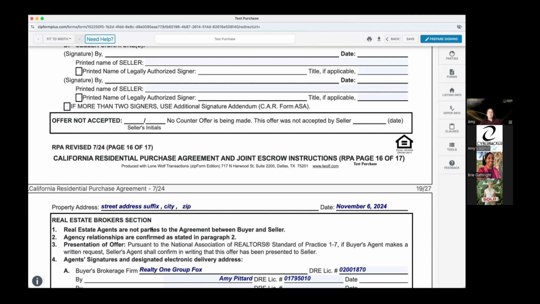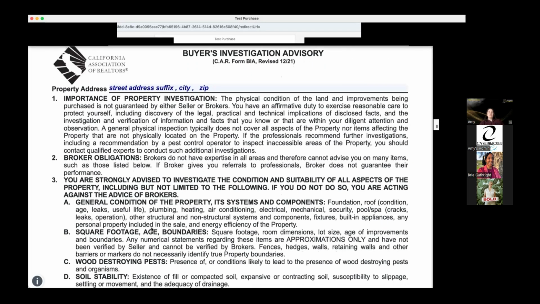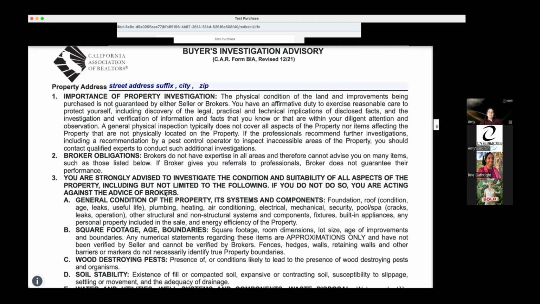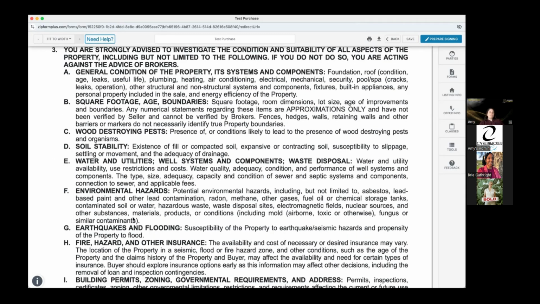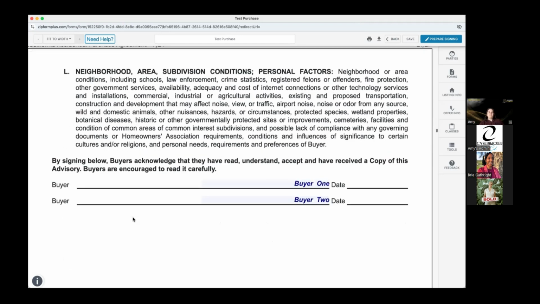All right, fabulous. The other forms that are attached are the buyer's investigation advisory, advising our buyers that they need to investigate the property. The brokers do not have expertise in all areas, so it's up to them to make sure that the property meets what they're looking for. It gives them all the different things that they can do, not as in-depth as the statewide buyer and seller advisory, but it gives us up to L, which is like 13